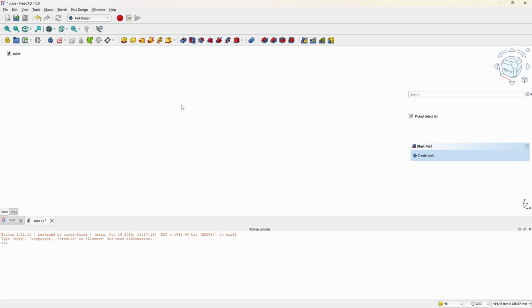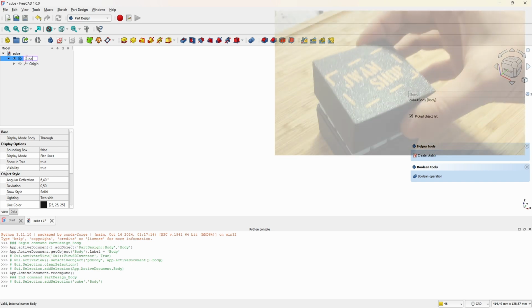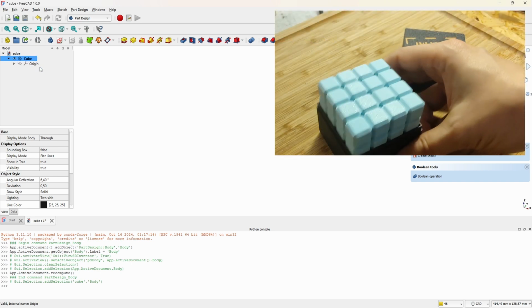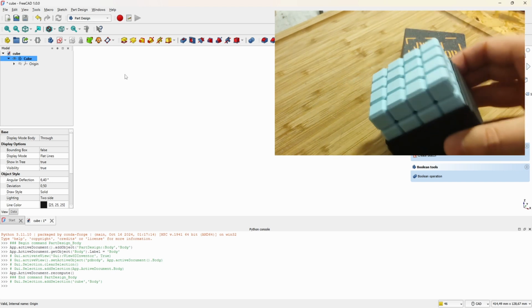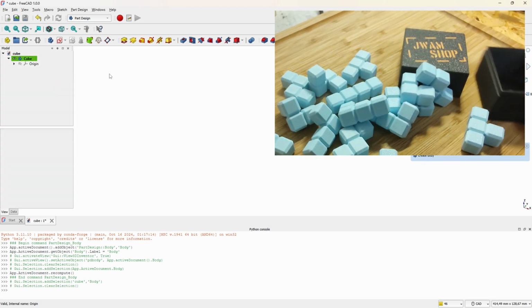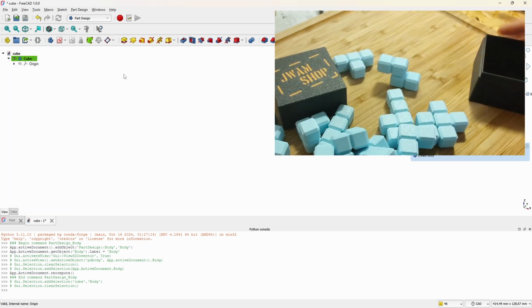So let's create a puzzle. And if you're watching this, it means that you have seen the intro, which means that you actually know better than me how the end result is going to look, because that is from the future. Yeah, I've done a puzzle like this a few years back, but that time I used Blender to do it,